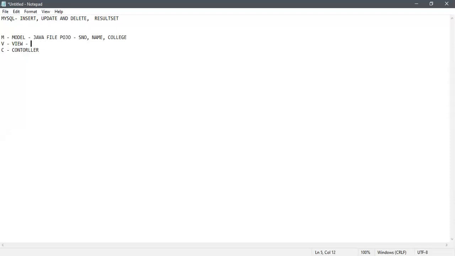So for the view, we are having PHP, HTML, and so many things, right? PHP also consists of HTML, so there is no need to mention that one. According to us, we are having Swing. Swing also consists of HTML files, so I am only going to mention HTML, hypertext markup language, which gives us the text boxes, radio buttons, check boxes, and the buttons.